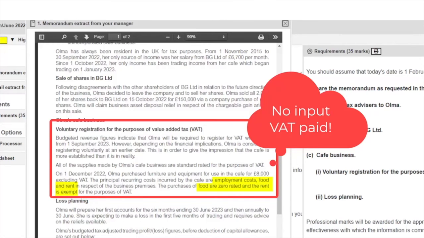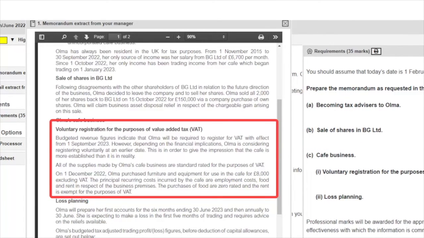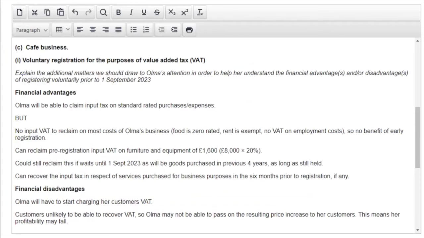So those are the things that we really need to refer to in the answer. And again, because this is a written answer, I would set this up in the word processor and start by copying across the requirement from the question. I've put in italics here the requirement from the manager's email just to remind me. And because we've got to set out financial advantages and disadvantages, I've then put those in as headings as well. 8 marks, so I want to try to get, if possible, roughly 8 separate points.